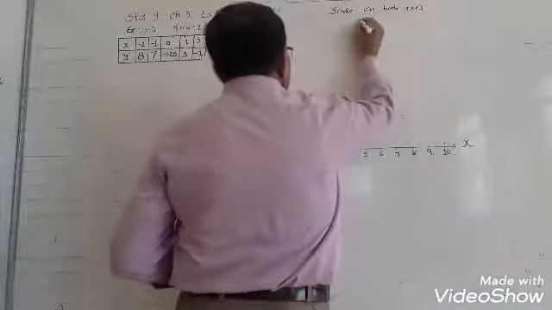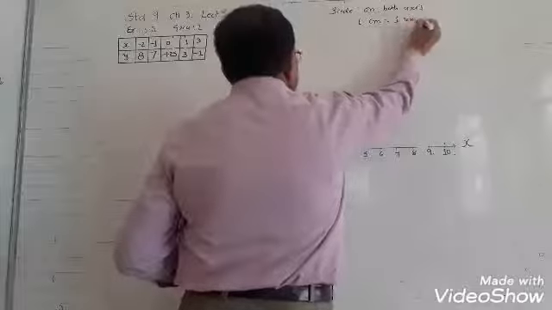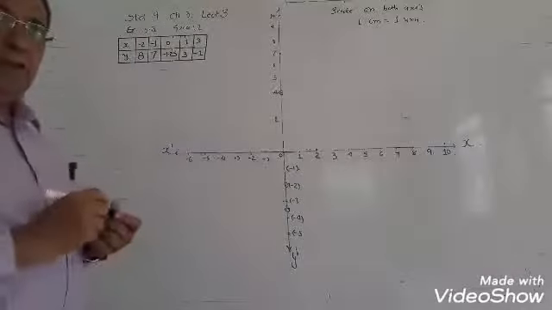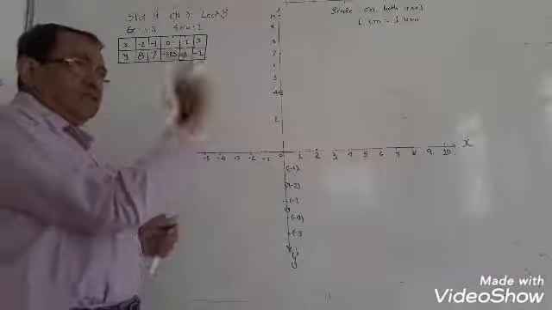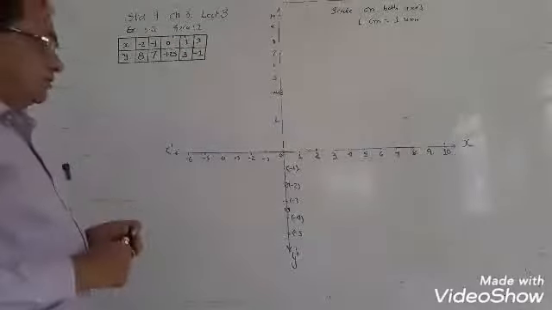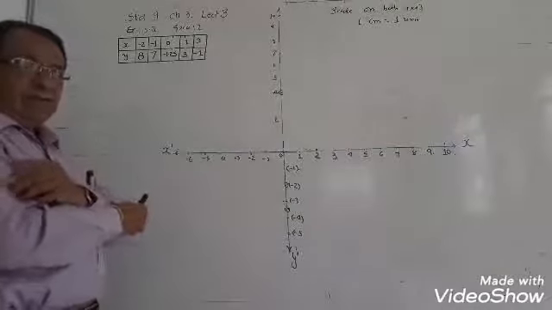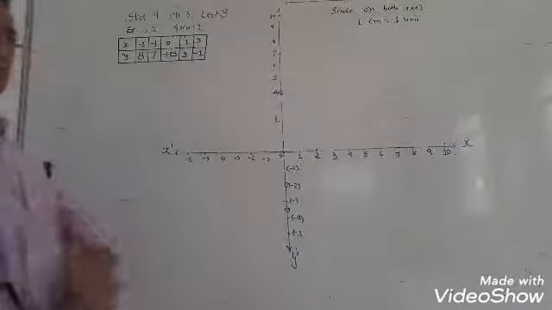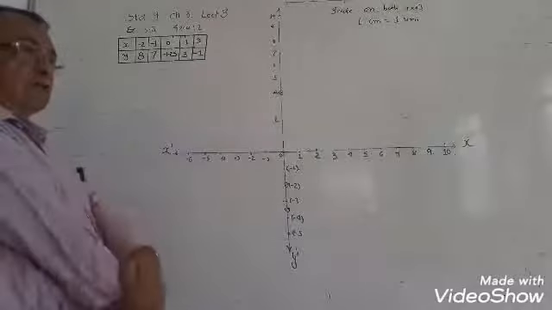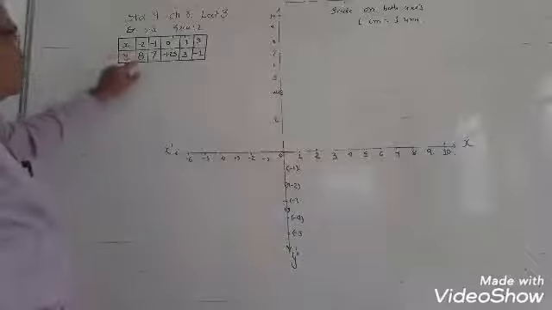Generally, we take 1 centimeter equal to 1 unit. Okay, in your graph notebook that is 1 centimeter by 1 centimeter. Yesterday I showed you this graph. I showed 2 graphs. Okay, x is -2 and 8.